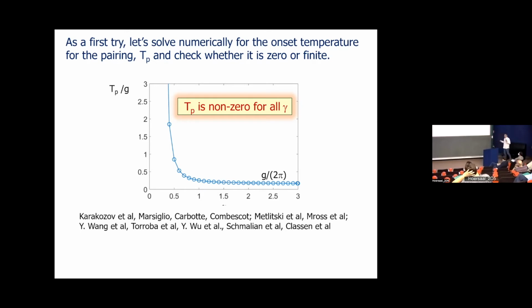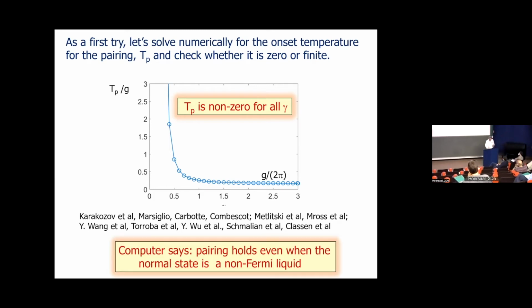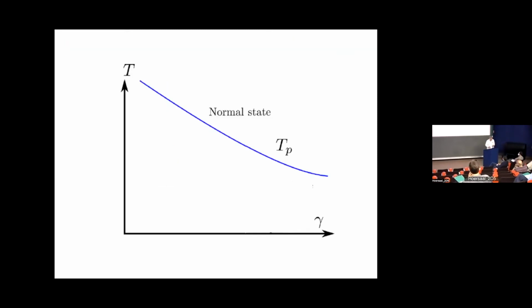diverges at low frequencies and decays at high frequencies. And this means that all equations are non-divergent in the infrared, and these equations are non-divergent in the ultraviolet. So you don't need any upper cutoff in the theory, any lower cutoff, anything. So you just get it. And it was done on various occasions in models interacting by collective bosons and SYK models, whatever. It always gives you a finite temperature,